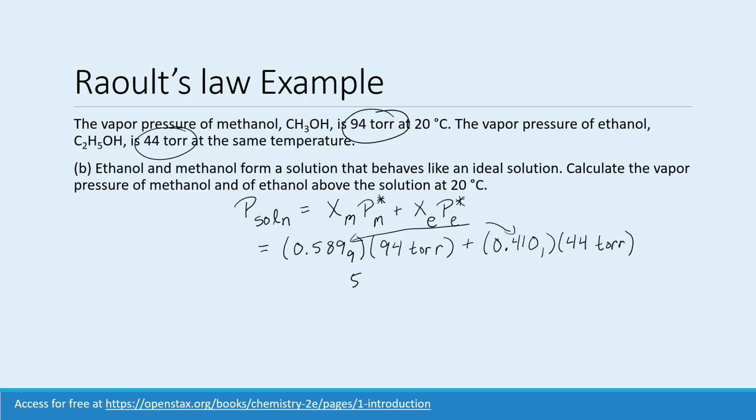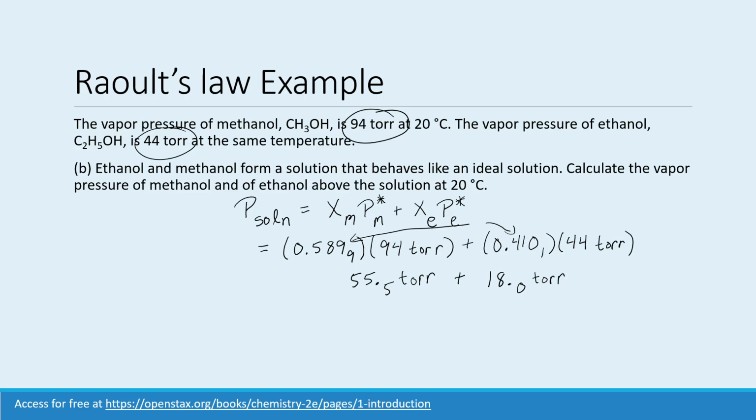And so the vapor pressure of just methanol would be 55.5 torr, right? And rounded to 2 sig figs would just be 55 if we were done. Or I guess technically, sorry, 56. So 55.5 torr for the methanol, and then again for the ethanol, that needs to be 2 sig figs as well. And so we get